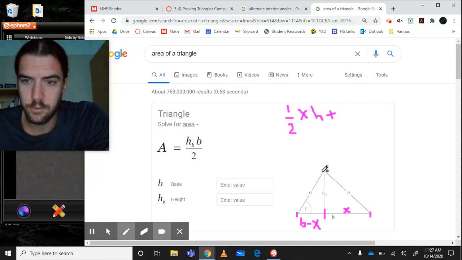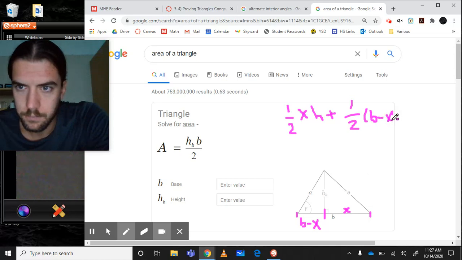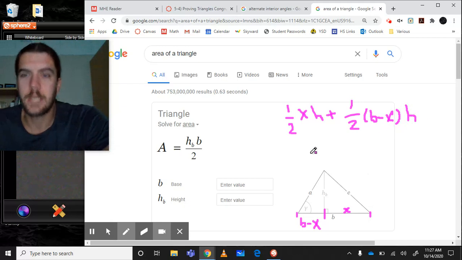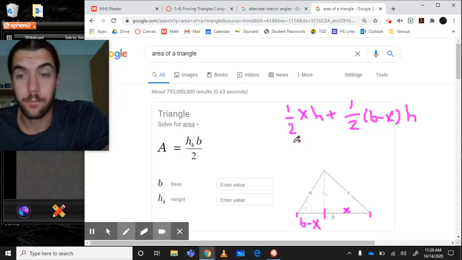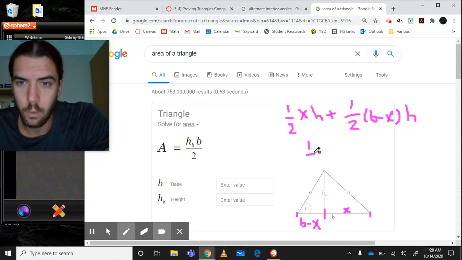We are going to add to that 1/2 of, for the area of this triangle on the left side, the base is b minus x, and then we multiply by the height. I'm going to remove a common factor in these. Both of these have 1/2 in them, and both of them have the height in them. So I'm going to say this is 1/2 of the height